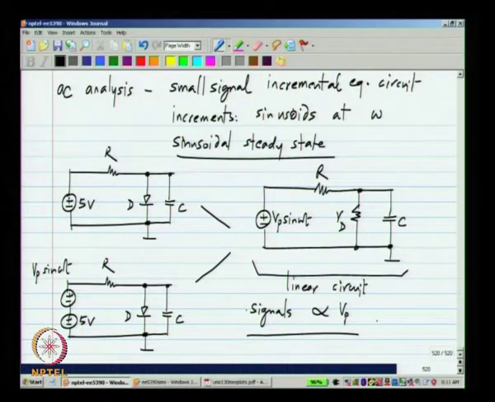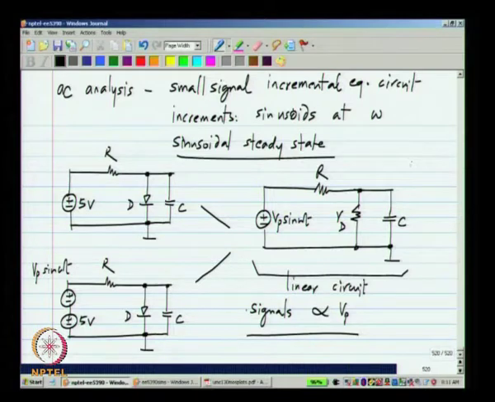Okay. Now, this is an important point, because one of the other kinds of analysis that we do is to apply sinusoids to the circuit and find out distortion, because we have nonlinear elements. If you apply a sinusoid at a certain frequency, at the output you will also see sinusoids at the harmonics, or if you have sinusoids at multiple frequencies, you could see intermodulation components. But this analysis cannot be used for that. This by definition does only the analysis of the linear incremental equivalent or linear small signal equivalent circuit, and that which is by definition linear. So, if you put in a sinusoid at a certain frequency, you will only get sinusoids at the same frequency. Okay.